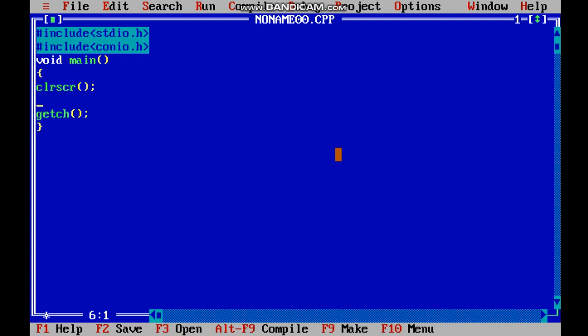Welcome guys. In the last video we learnt about the function scanf, how we can take input and perform operations, right? And now we shall learn the programming code. We'll learn the code for subtracting two numbers. Let us begin now.